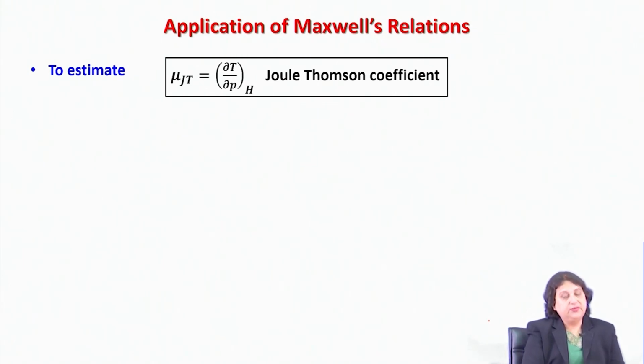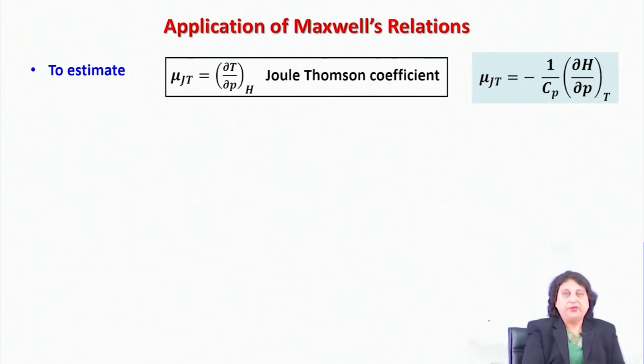My question is, given the thermodynamic state of the system, is it possible for me to predict what is going to be mu_JT in terms of other known response functions of the system which have been widely determined and tabulated in the literature? And for this purpose, I am going to use this definition of mu_JT, which we have already discussed in my earlier